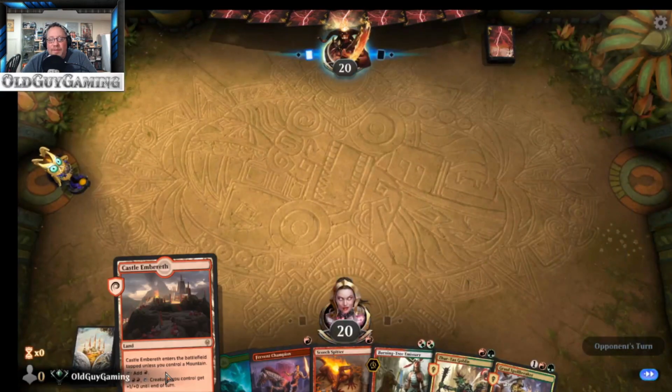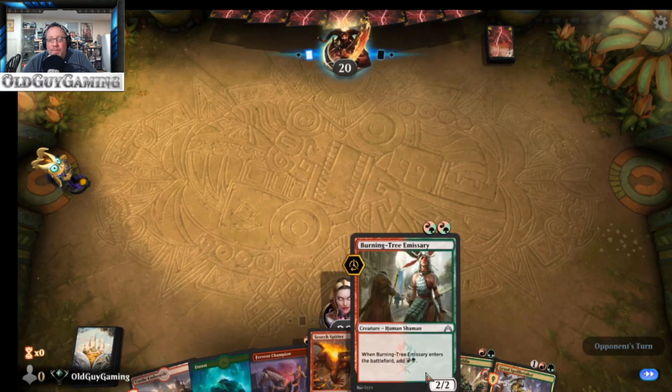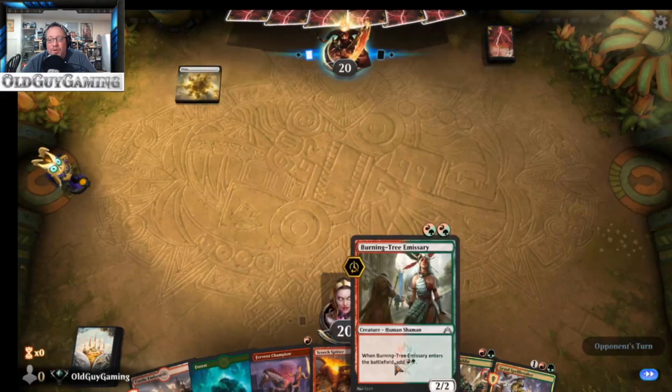So we're going to keep that. And we're going to burn ourselves here because we don't have a Mountain. It would have been nice to actually get one of these down. But we're going to go Burning-Tree Emissary into...